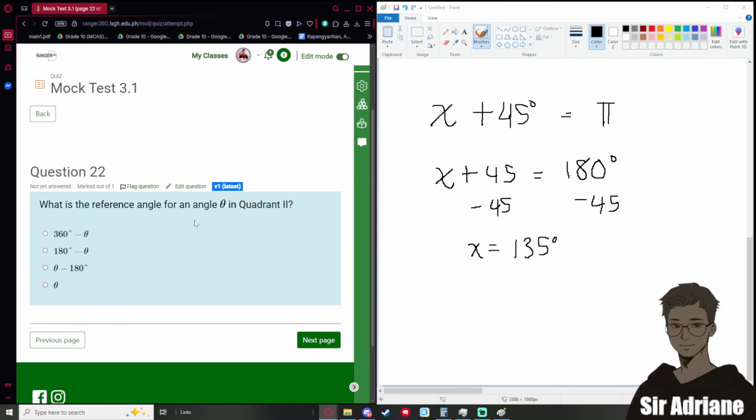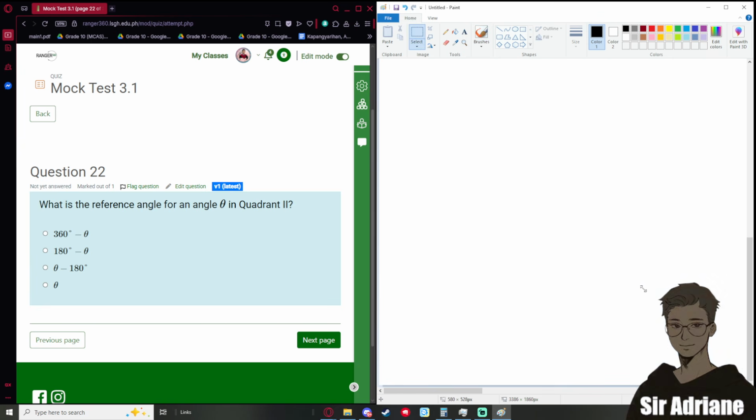Next, question number 22. What is the reference angle for an angle in quadrant 2? Again, this is a recall question. Kindly remember that if an angle is in quadrant 1, then the reference angle is itself, given that we're talking about the smallest coterminal angle. If it's in quadrant 2,